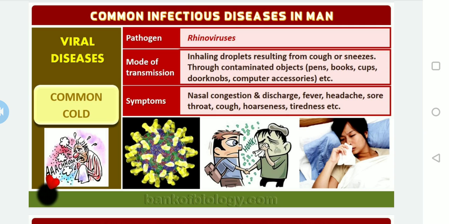In exams they will ask which one among these is not a viral disease, or they give a list of diseases and ask us to identify which is a set of viral diseases. They will mix viral, bacterial and fungal diseases and ask us to identify the correct option. That's why we should know this. Did you get it? This is clear, and it is very easy also.